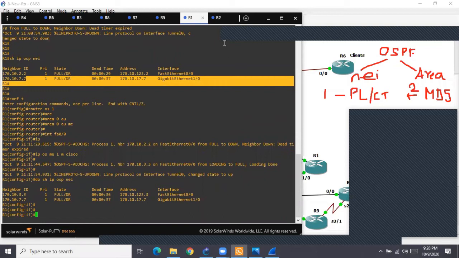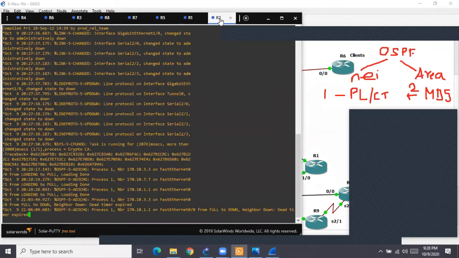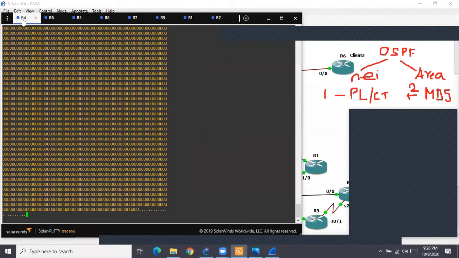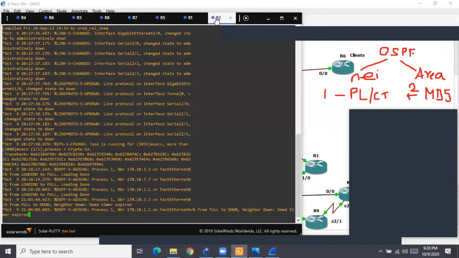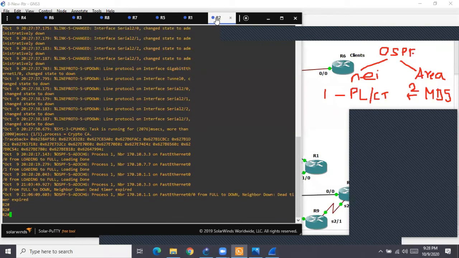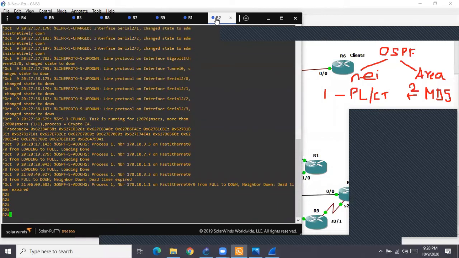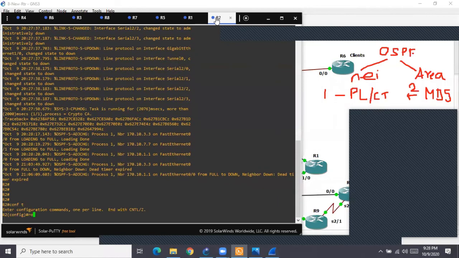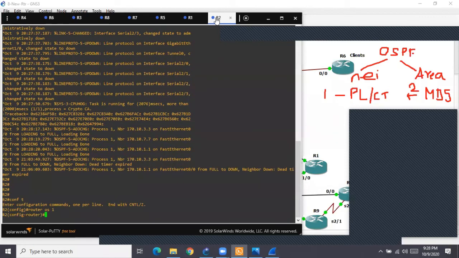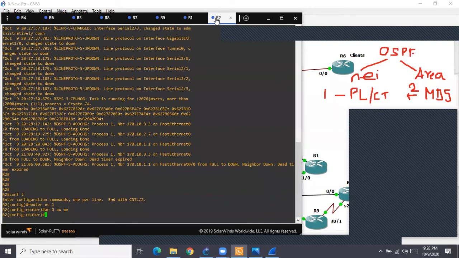Very similarly I'll do it on R2 quickly, because R4 communication is not moving. The users are complaining why we are not getting connectivity, why our server is not accessible. So I go to R2 also. R2, you are also part of area 0. So router ospf 1, area 0 authentication message-digest.